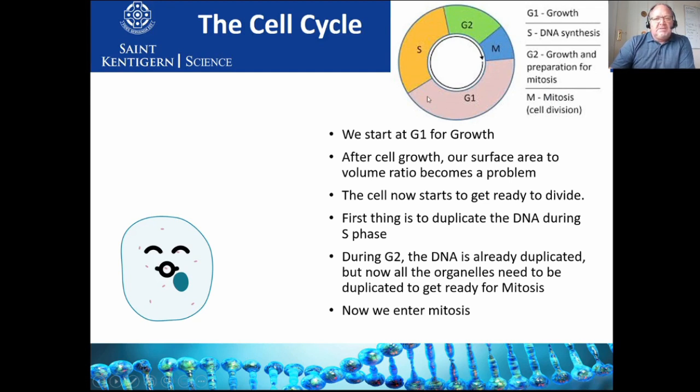Now, some cells grow slower than others, and consequently the G1 may be a lot more of the cell cycle. It's not like it shows here. Some cells need replacement very quickly, so consequently they will also have a shorter version of the G1 cycle. Okay, so just keep that in mind, but your major portion of the cell's life is usually spent in G1,